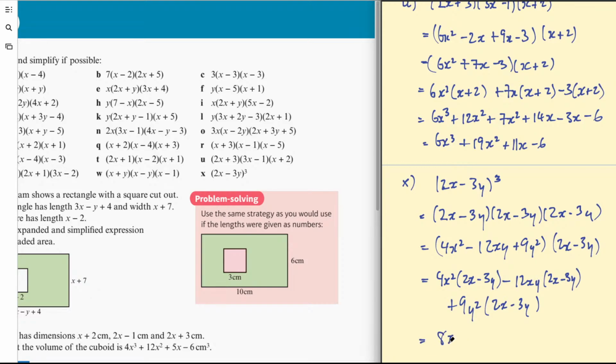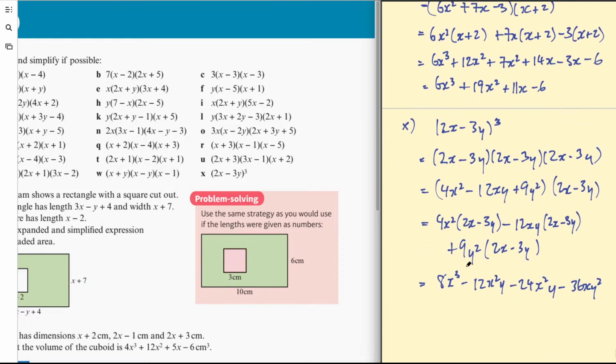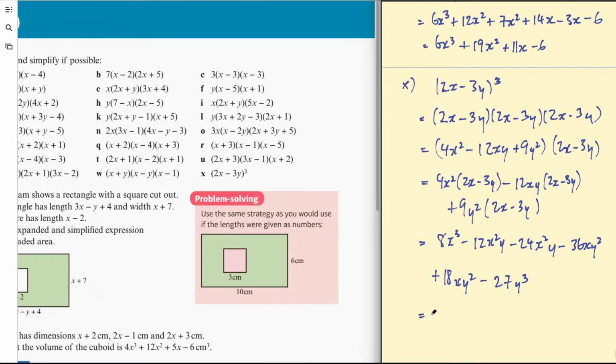equals 8x cubed, take 12x squared y, take 24x squared y, take 36xy squared plus 18xy squared, take 27y cubed, and then simplify. 8x cubed take 36x squared y, take